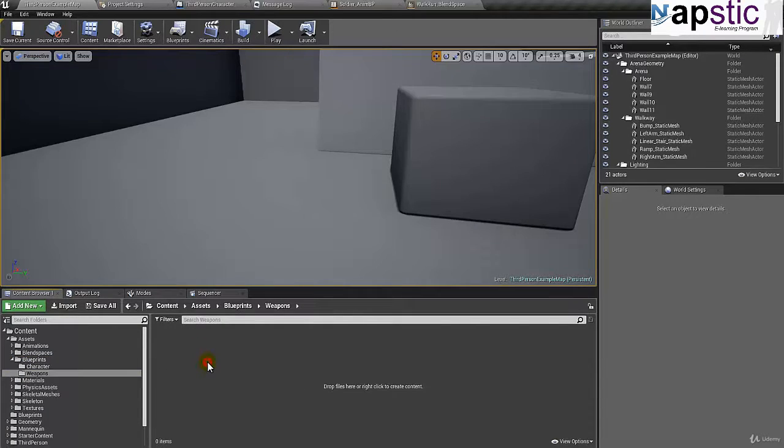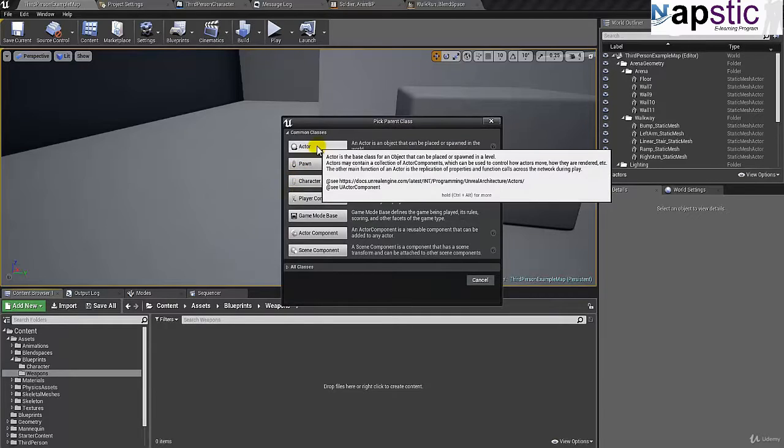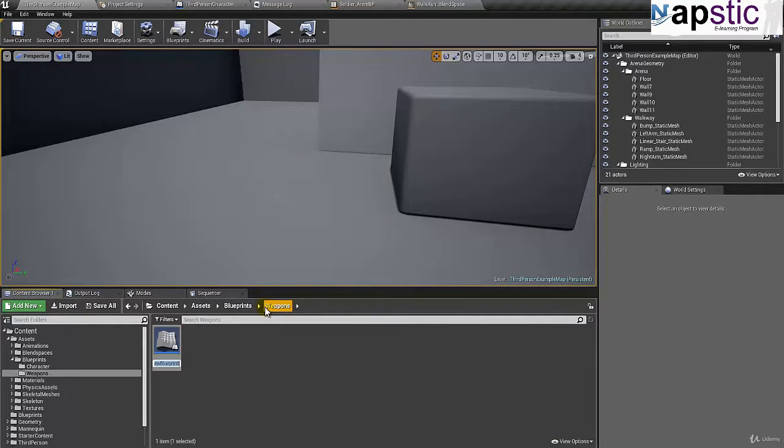So I'll go over to the weapons and I'll create a new blueprint, and that's inside assets, blueprints, and inside weapons. I'm going to create a new blueprint class, and I'll create an actor blueprint, and I'll call this weapon base underscore BP. And the reason I'm not creating an AK-47 or an M4A1 or any of these weapon specific blueprints is because I first want to create a weapon base, and then I'll simply duplicate that for the other weapons. Like next is M4A1, and after that we could be adding some, I don't know, a machine gun, or